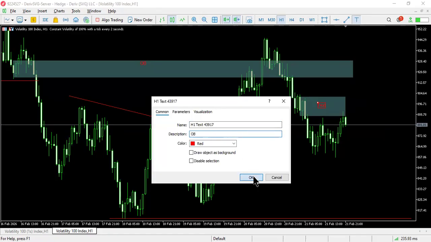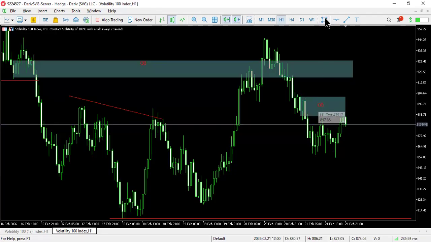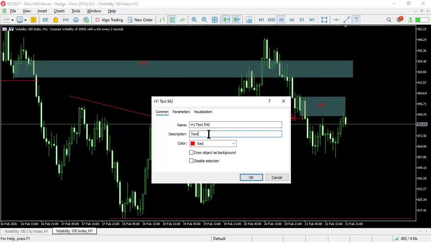Price has just reacted from that order block, and there is a break of structure right there. There is a break of structure, and then price went back in